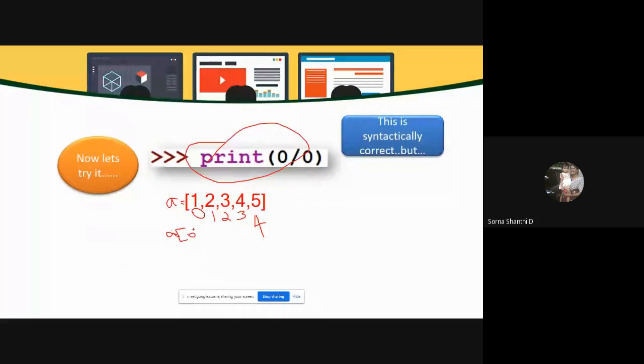Now, if I am putting A of 5, do I have an element or a place called A of 5 in my list? No, we don't have an A of 5 for this particular list. So this is called an index error. In Python or in any other language, this kind of error is syntactically right. A of 5 is syntactically right. If I want to access an element,